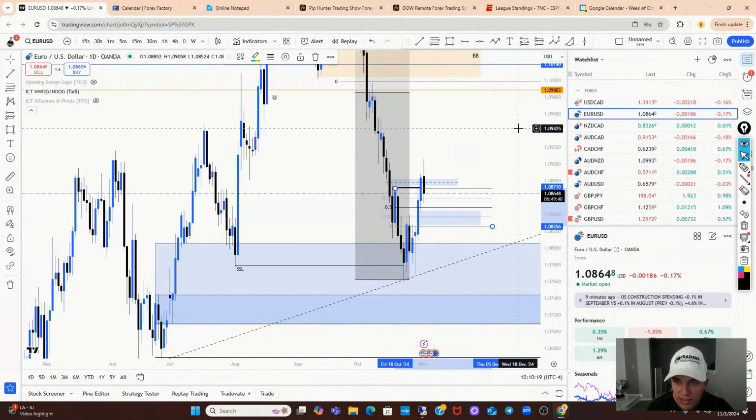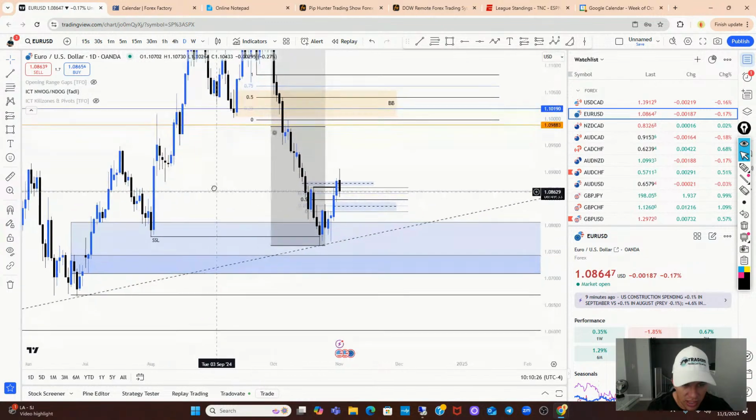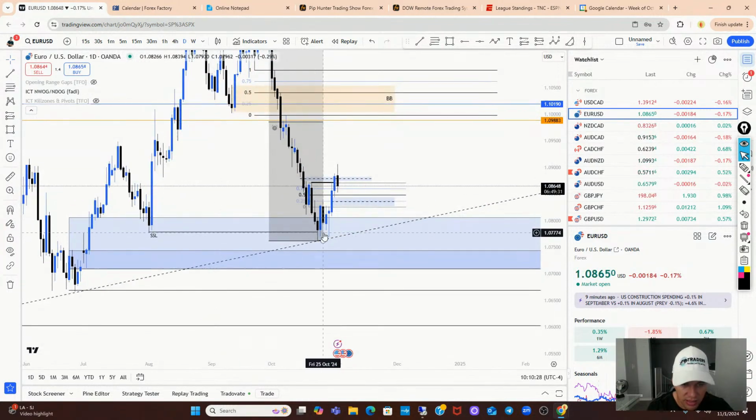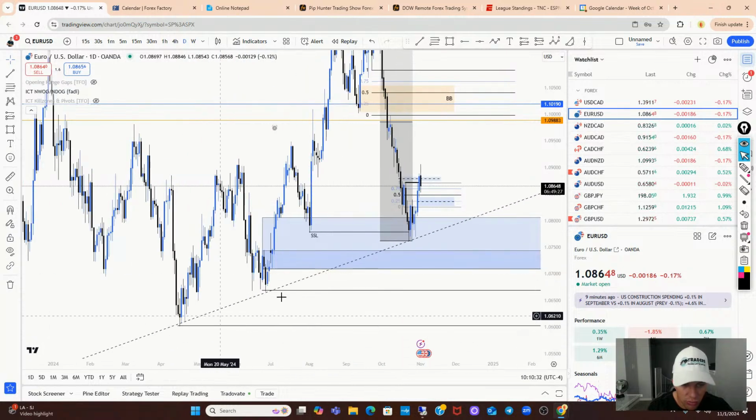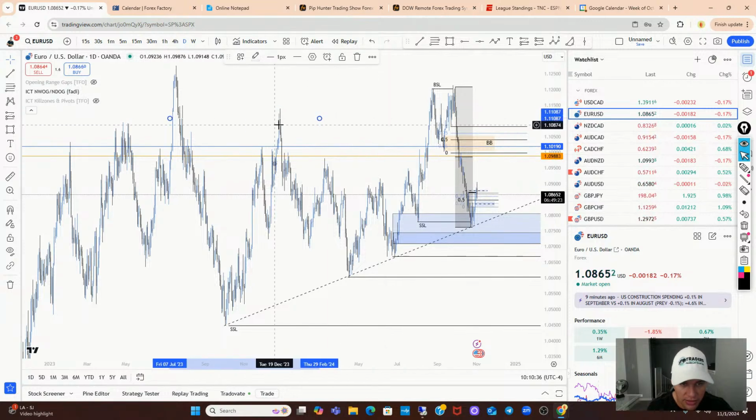So what do we see here on the external model here? We see that we've had this expansion lower. We swept this external sell side here, rejected, didn't close below that. We kind of rejected, sweeping that area. We've created this low resistance liquidity below. So I'll tell you one thing, okay? Looking at this external,